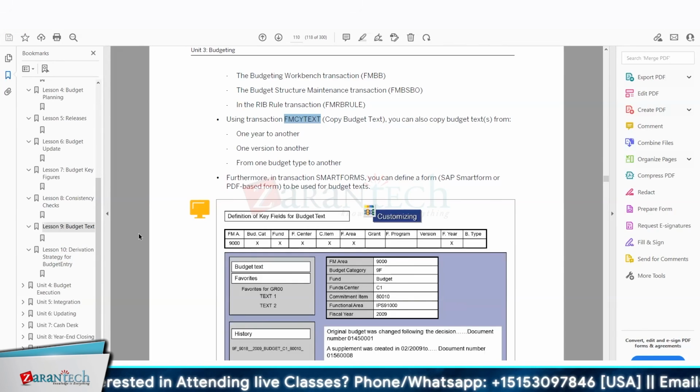So many times you come across scenarios where you are budgeting for a particular budget address, which is a combination of fund center, commitment item, your functional area, and your fund. But when you budget for many items like this, you may budget at a very granular level, but you don't really want to track it at that level. That means you are probably okay if the budget is exceeded between the GL accounts. For example, if